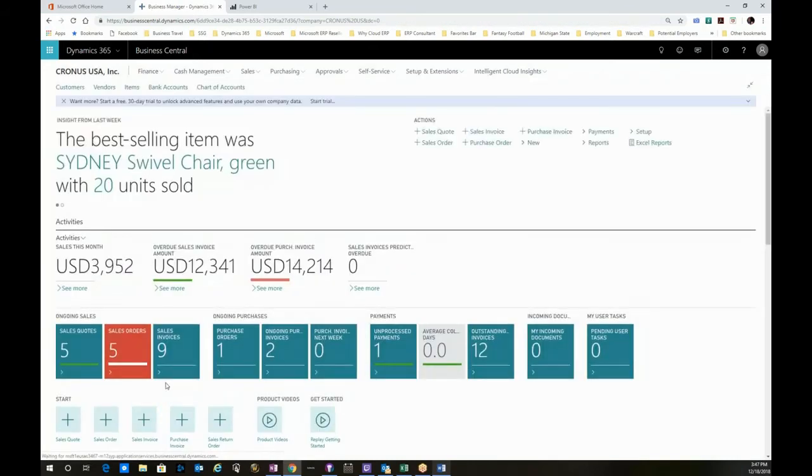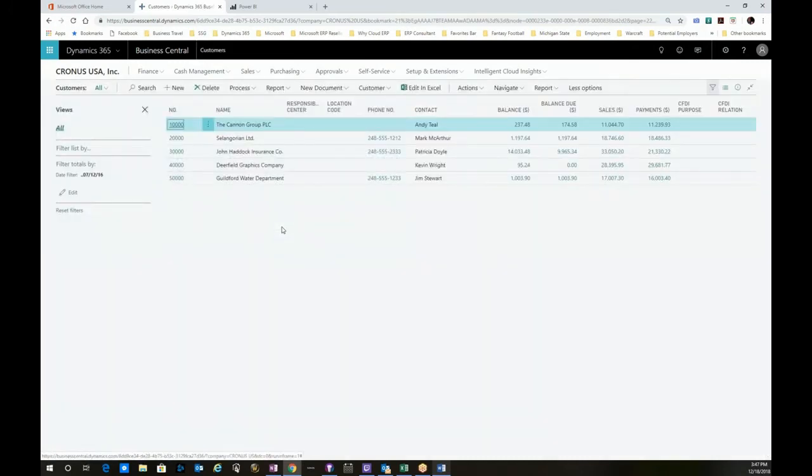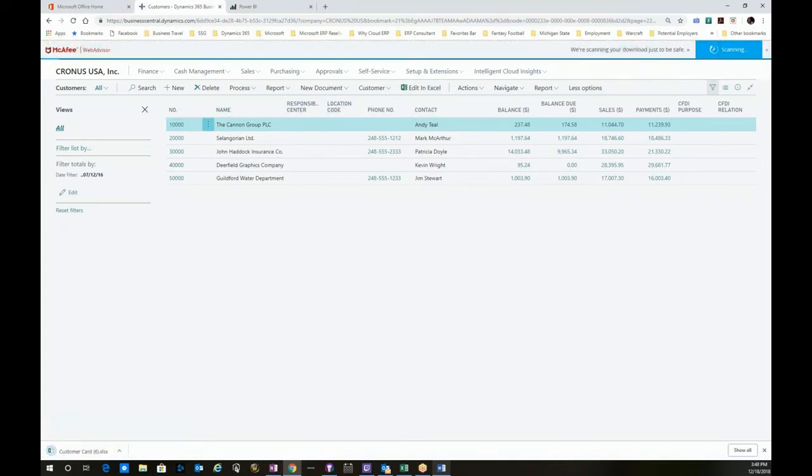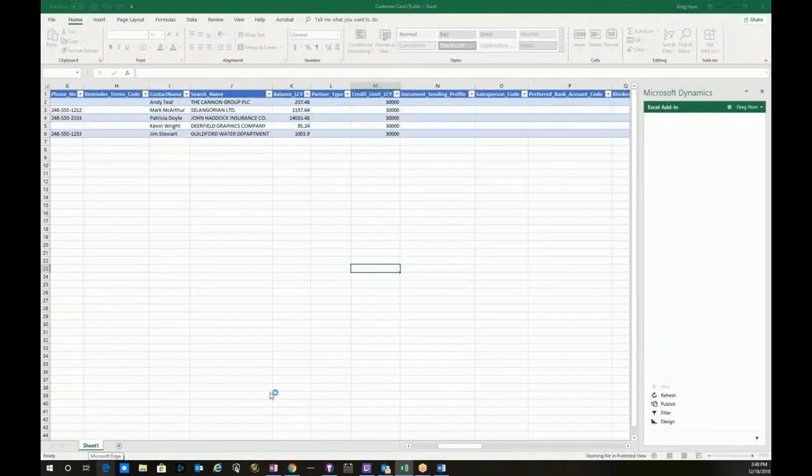One of the other very powerful tools that we have in Business Central is the export to Excel capability, or edit in Excel. So in addition to the querying and standard and financial reports, we can take any view like we started off with and export that data to Excel. So we're going to go back to that customer example and click on the edit in Excel. What this is going to do is generate an Excel spreadsheet. And I'm going to go ahead and click on that Excel spreadsheet